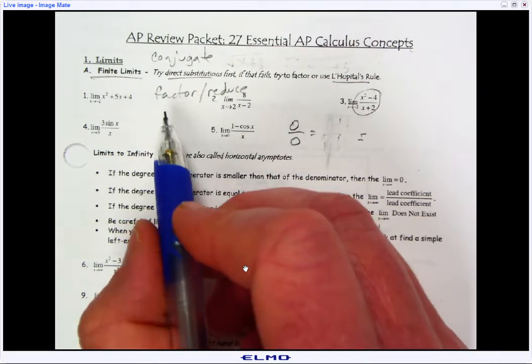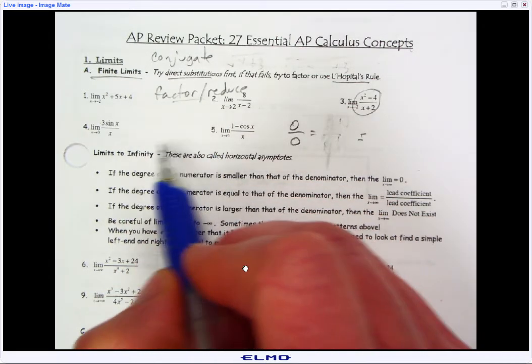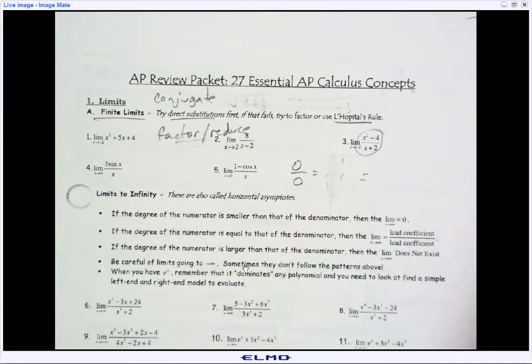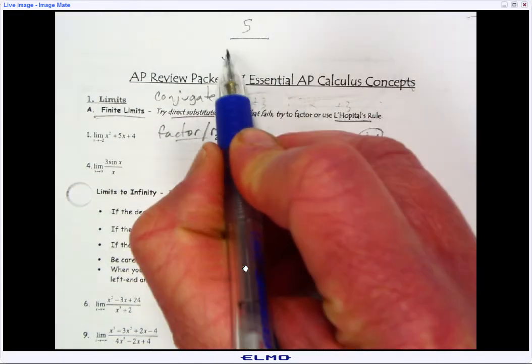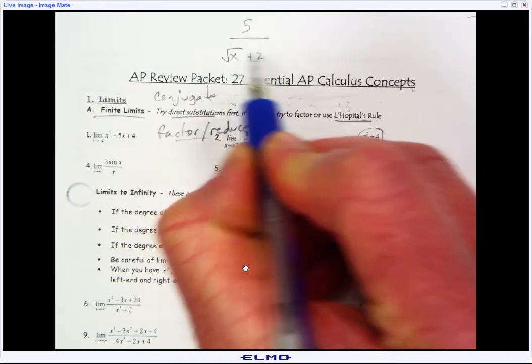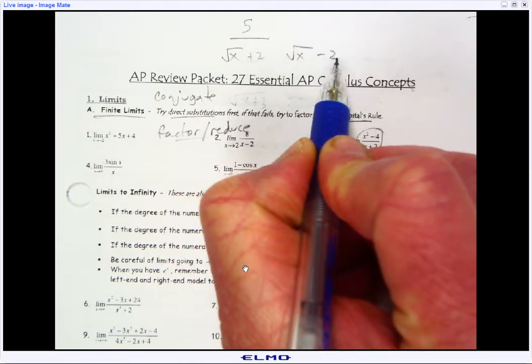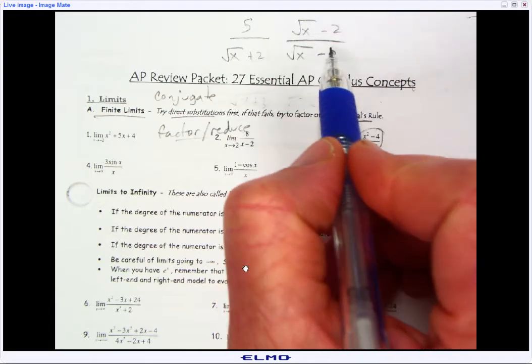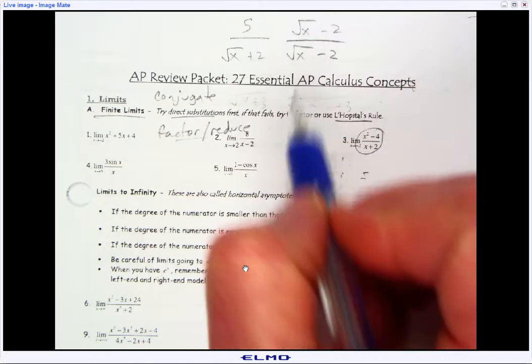So you're going to do some different things, either factor and reduce. You can multiply by the conjugate. An example of the conjugate would be if you had 5 over radical x plus 2, the conjugate of that would be radical x minus 2, and you're multiplying that by the numerator and denominator. When you multiply that out, you're going to simplify the denominator, but leave the numerator as is because something will